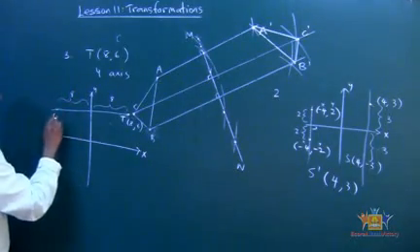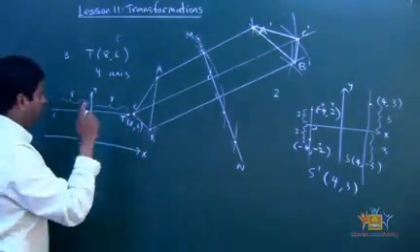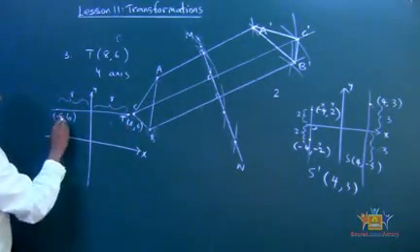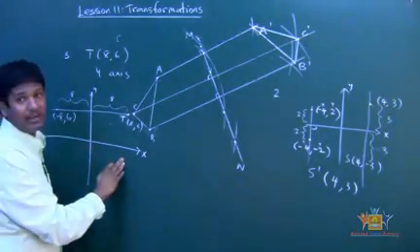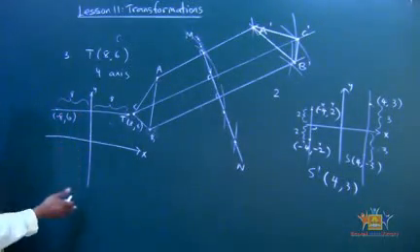What does that mean? Your x is going to change, but not y. The y is going to stay 6, but x is going to become -8, because this side is the negative side of the x. This side is the positive side of the x, and this side is the positive side of the y, and the negative side of the y.